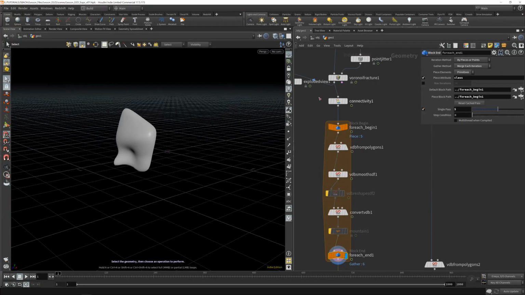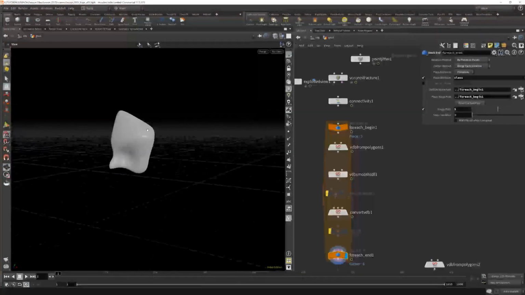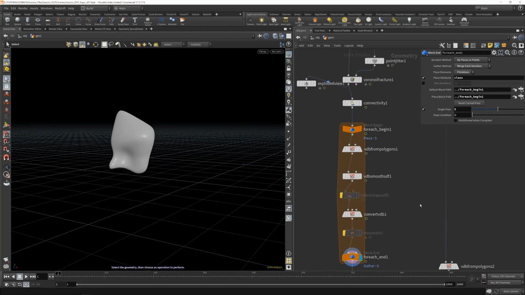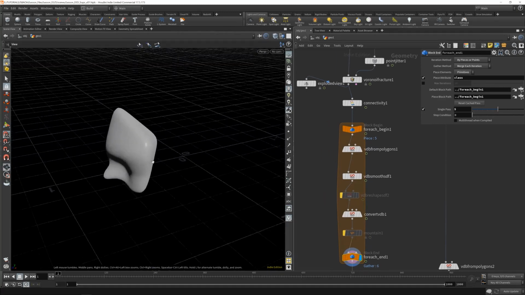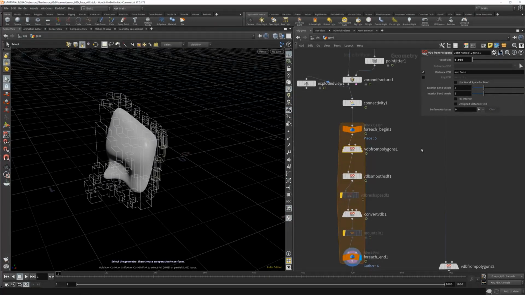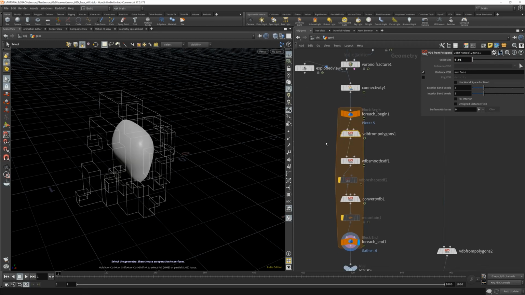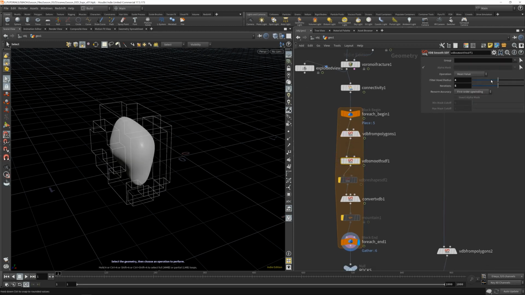So I'm going to tick on single pass. And yeah, let's just start with this. Looks like it's right around the eye socket. So let's just mess with that one a little bit. I'm going to maybe just smooth this out a little bit more than we already have. So now our voxel size, maybe we can get by with a smaller voxel size. I'm going to just bring this up to 0.1. That's too small. But maybe with some less smoothing